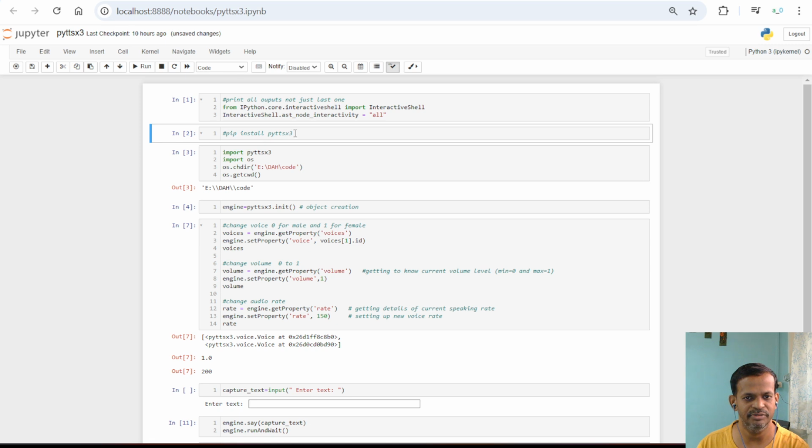First you need to install this particular library through pip. Then I have provided the current directory, so when I save my audio output at the end, it will get saved there. I have a folder for the Data Ad Hoc YouTube channel, and the code folder is in it. From this, we first need to run